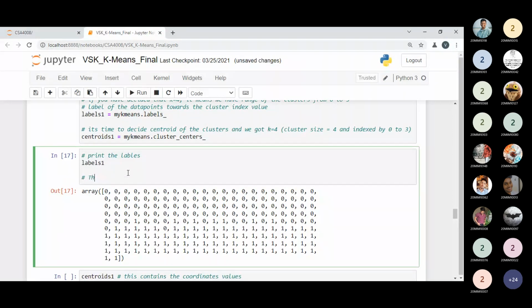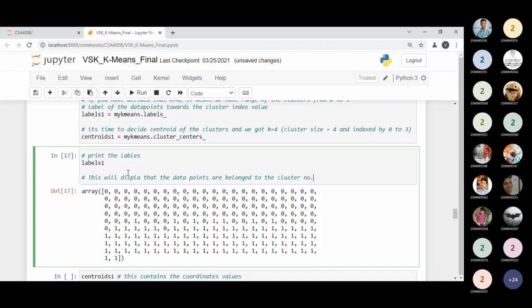This will display that the data points belong to the cluster number.